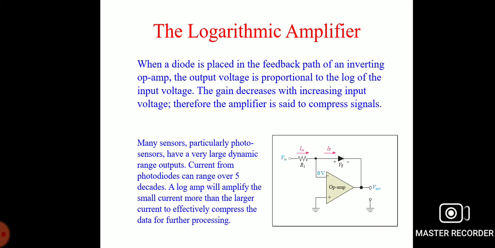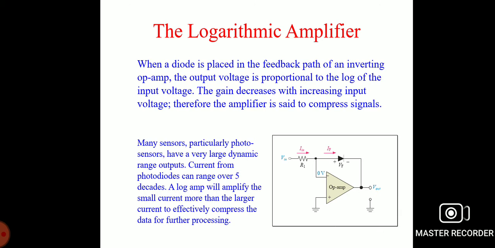Many sensors, particularly photosensors, have a very large dynamic range. Output current from a photodiode can range over 5 decades. A log amplifier will amplify the small current more than the large current to effectively compress the data for further